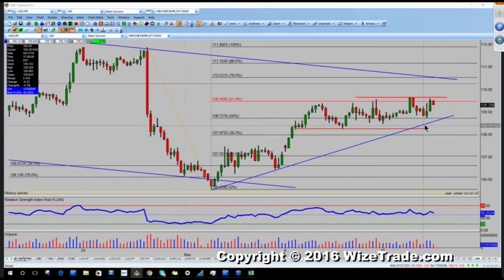So we got this trend line in play right here, and that now coincides with these lows. So now 108.70 is significant, and